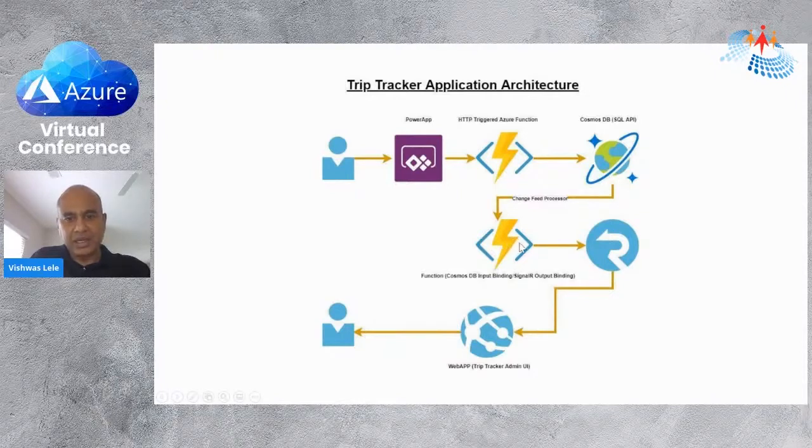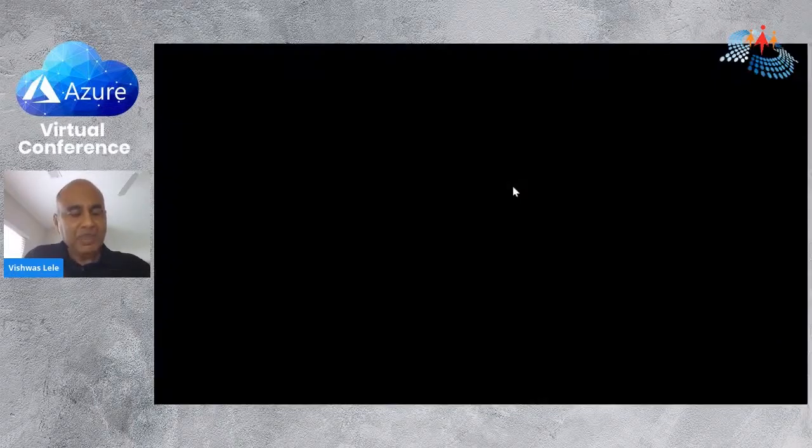This Azure function is then going to use SignalR to essentially send an update back to an administrative app. So here's an administrative app which can see where my taxi drivers are, and then they can essentially look at that data. So pretty simple model, but at the same time, not only is it simple, it has two other characteristics. Let's just talk about this for a moment. So it's a pretty simple model, but I'm of course paying consumption pricing. But at the same time, I have,